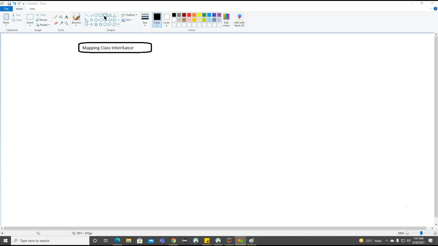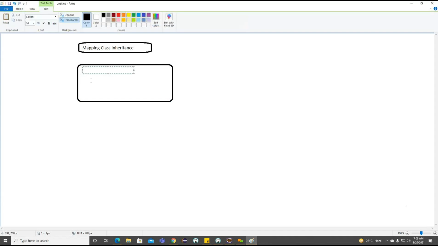So let's see, here we have three types of inheritance. I'm going to write the three types of inheritance here. The first is table for concrete class. This is one type of mapping inheritance, and another one is table for class hierarchy.